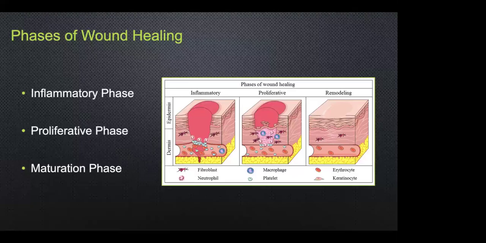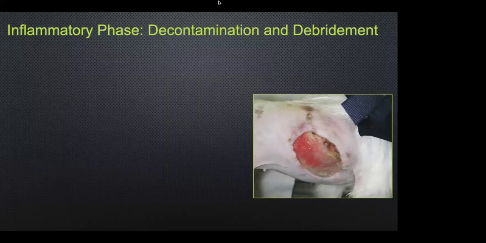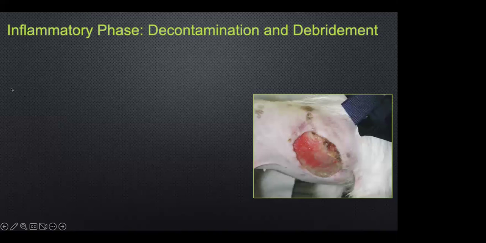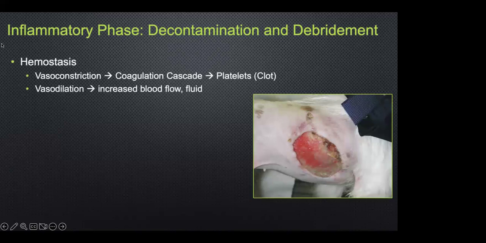Then the proliferative phase, then the maturation phase. With the inflammatory phase, the goal here is to decontaminate and debride that wound bed by the body. So what we start off with is hemostasis. Your platelets come in, they start to form a clot, vasoconstriction occurs of the blood vessels to help